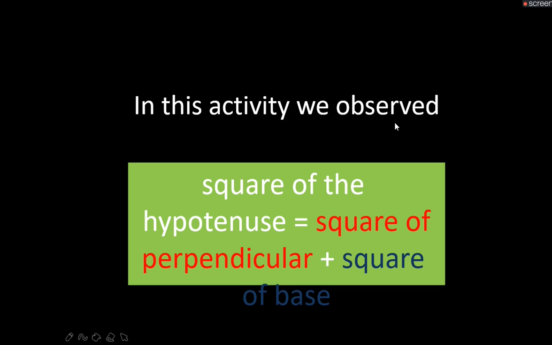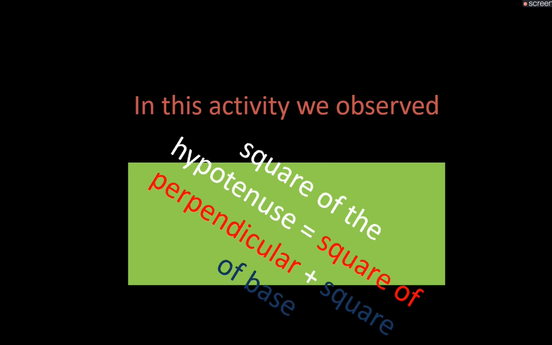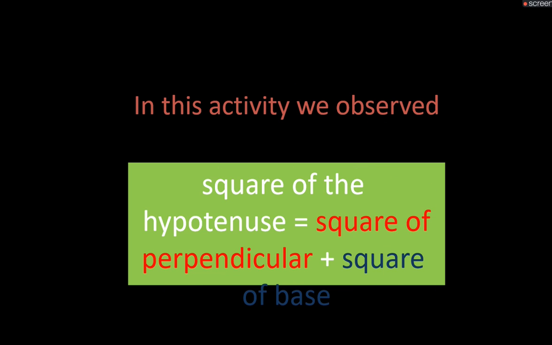So in this activity we observe that if we square the hypotenuse, it should be equal to the square of the perpendicular plus the square of the base. Okay, so you have to do this activity in the